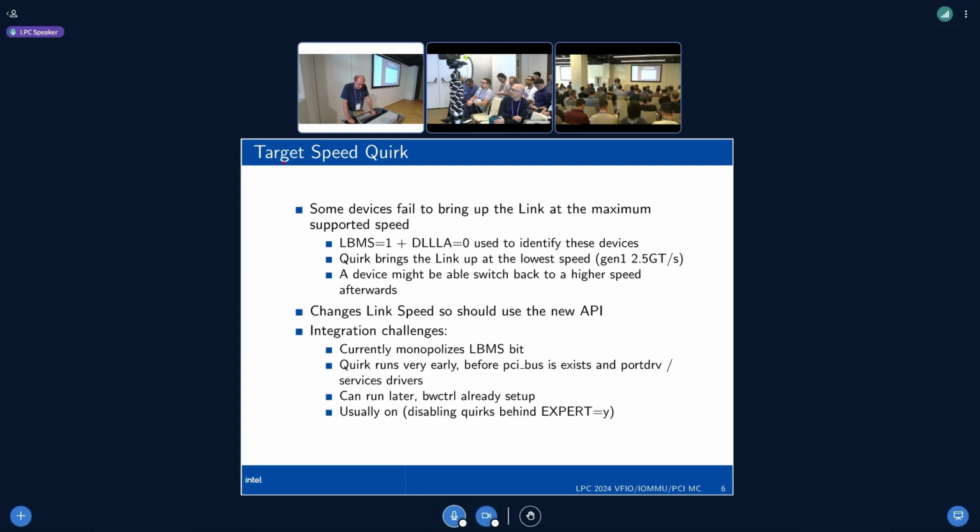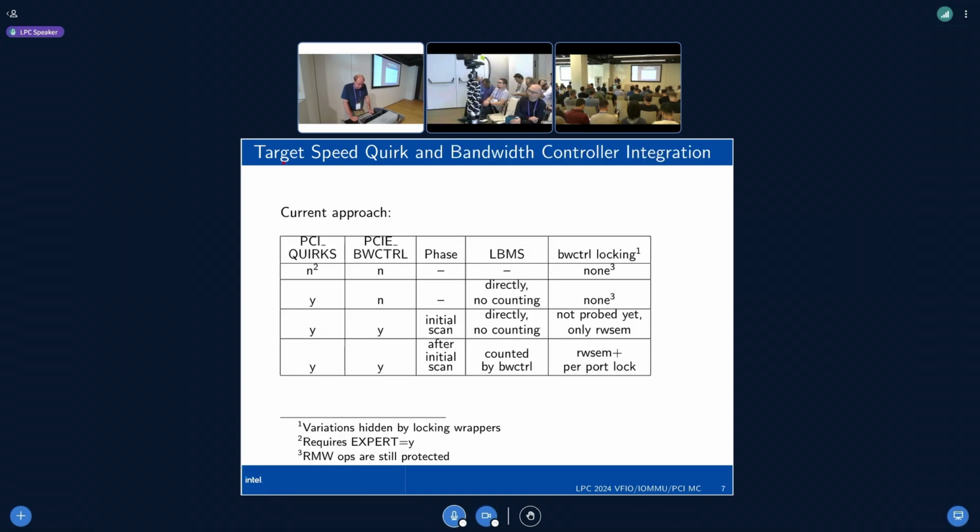And the quirk is usually on, so it can only be disabled if one toggles it or toggles the expert thing on. So it's kind of assumed to be there. And